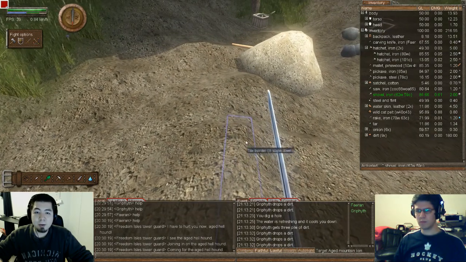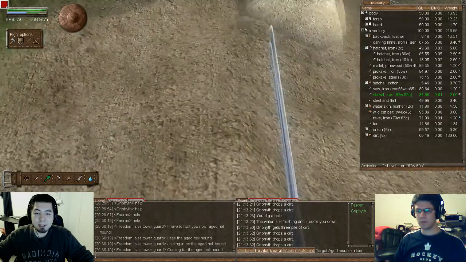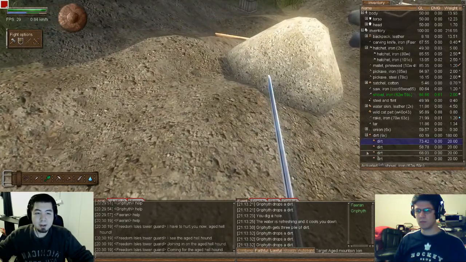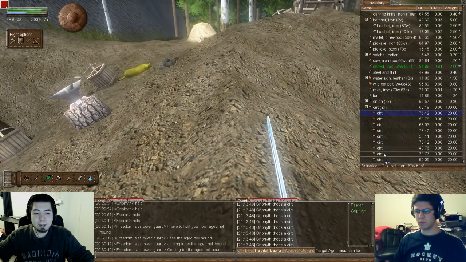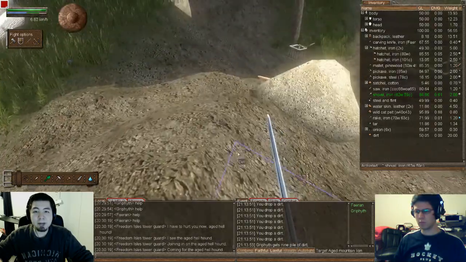I will slowly walk over here, and I need to drop 8 dirt on this corner over here. Alright. Highlight 8 of them. Flat. And now that we know that we gotta do that,